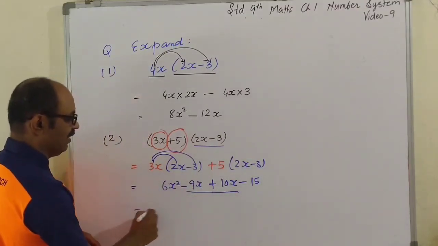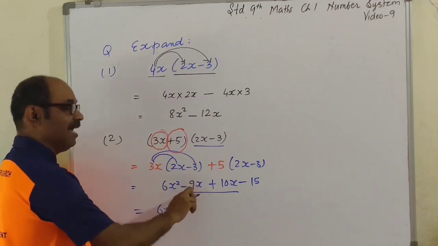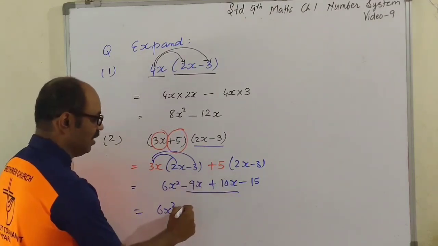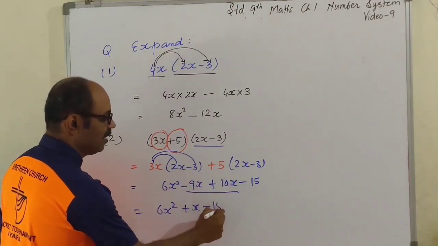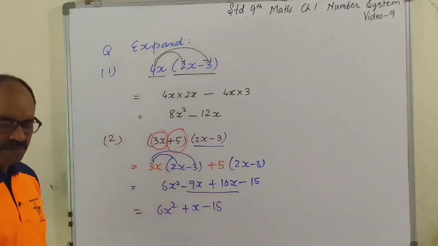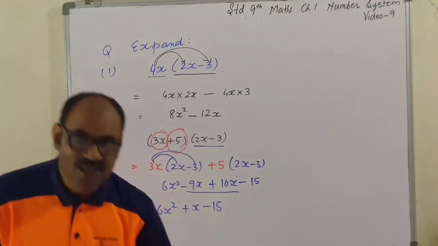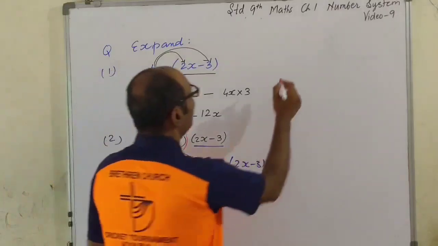You have a pair of like terms, 6x square minus 9x plus 10x is plus 1x minus 15. So this is the expansion. This is the expansion. Is that clear? Third,